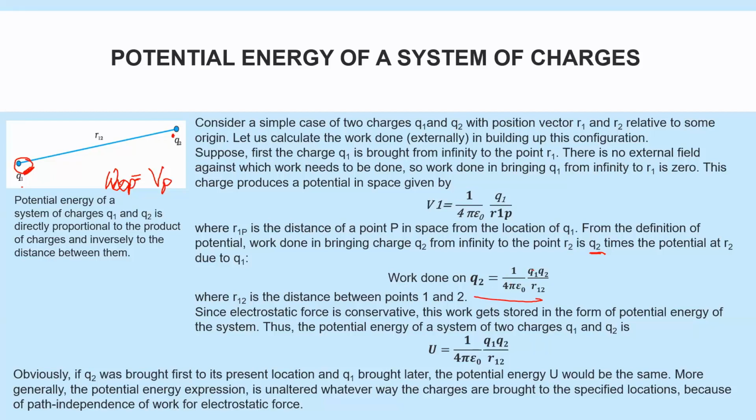Again, it would have been Q1 Q2 by R12. So it would have been the same whether you bring Q2 first or Q1 first. It is not going to change the potential energy. More generally, the potential energy expression is unaltered whatever path you choose or in whatever kind of configuration you try